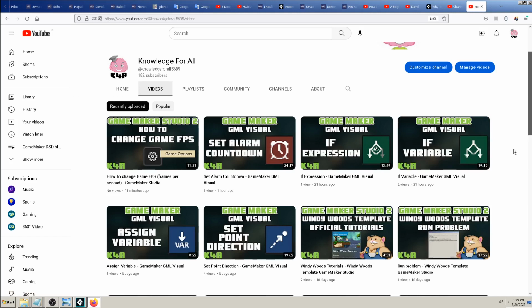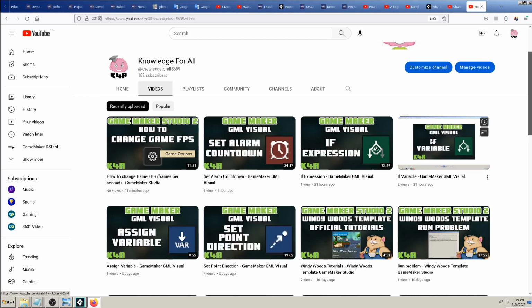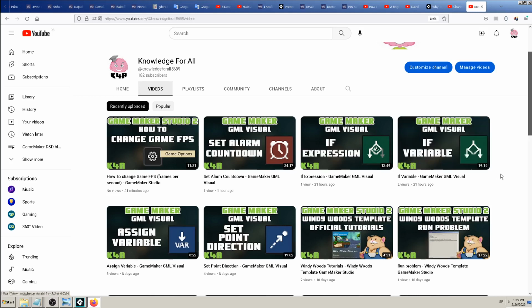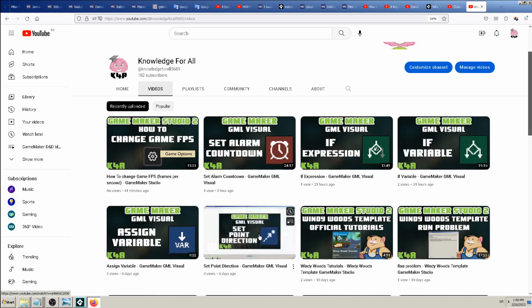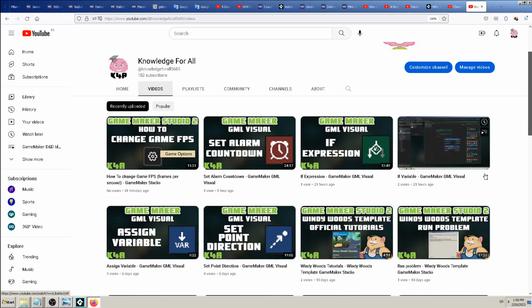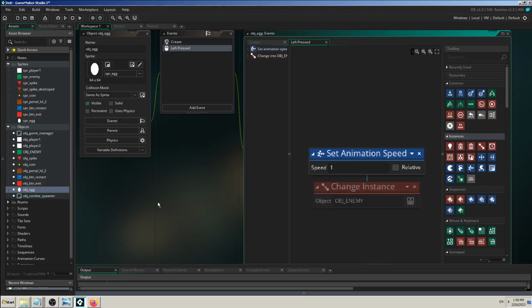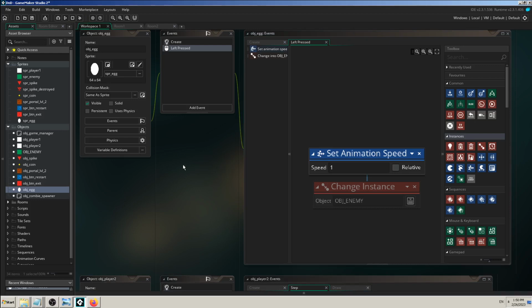You can change the animation of a zombie when it starts chasing the player, so it becomes angry, and when its zombie health variable is going low, you can then change its animation to zombie scared and run away, and so on. I don't have the time or need to make all of those here, because those ideas are endless, so just put them on paper, put them in your game design document, and